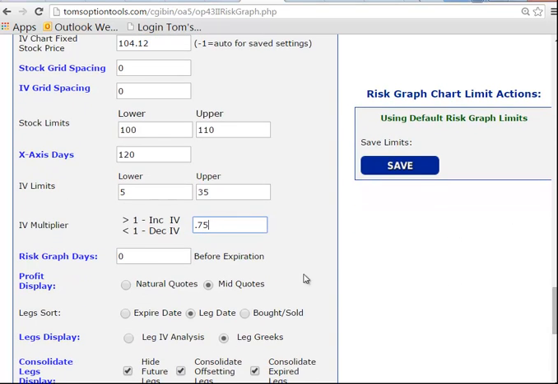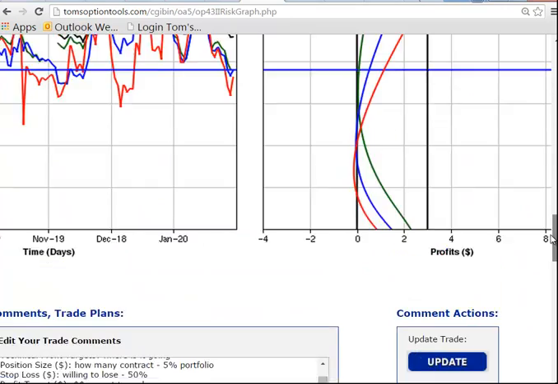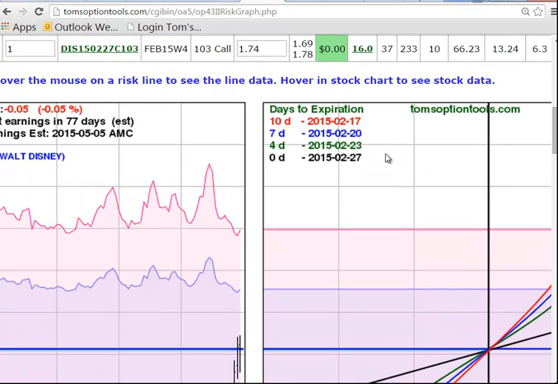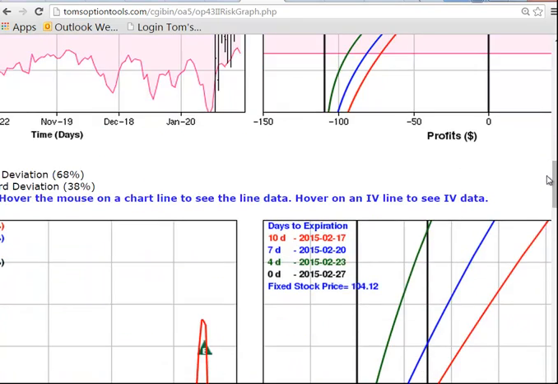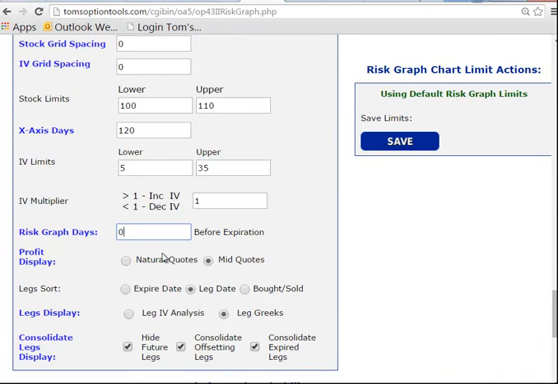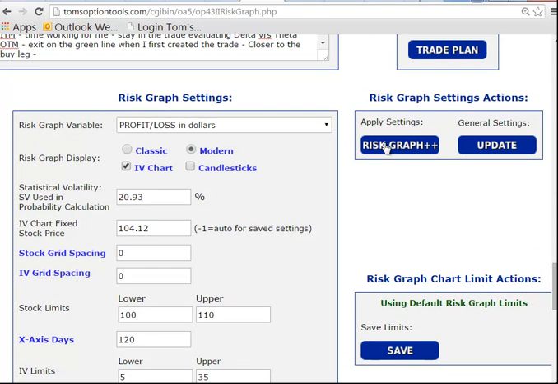And then this is really a neat value here. I'm going to leave this as 1, but if you know that you're not going to trade this all the way to expiration, and you're really going to be looking more at the green line, which is on the date of 223, then you can cause that to be the last day, 223 being 3 days or 4 days to options expiration. You can go in and change that right here and say, all right, I really want to look at 4 days to options expiration. So I can click on Risk Graph 2,